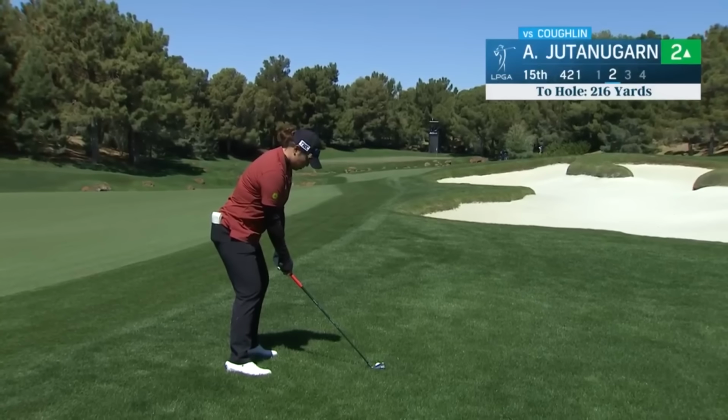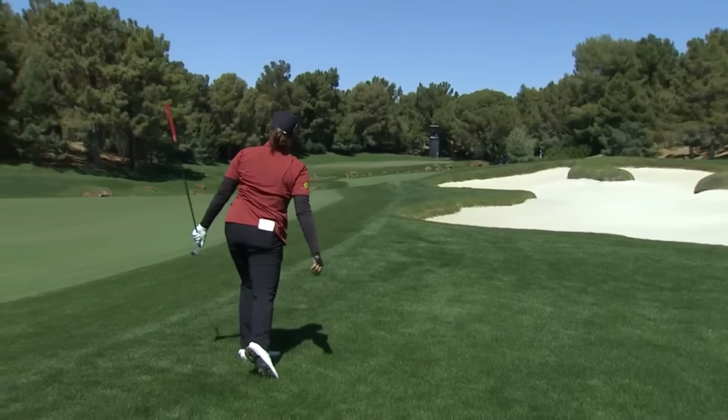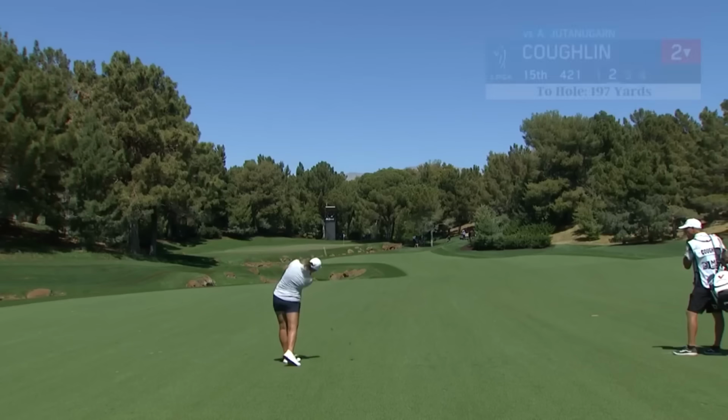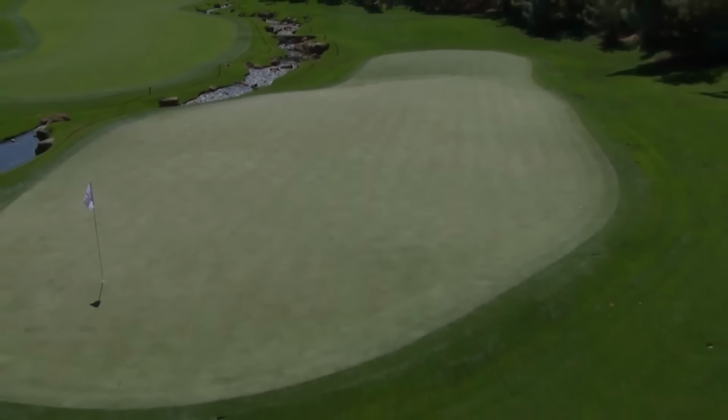Oh, struck it nice, but it will hop and release. I mean, she has to do something. Now she's relying on getting a line from Sackstrom. Coughlin's second at 15. Well played shot there, but...